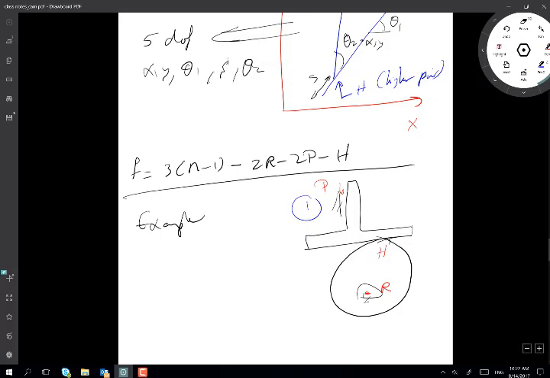I have 2 being the cam, I have 3 being the follower. So n is equal to 3, prismatic is equal to 1, revolute is equal to 1, h is equal to 1. Correct? So my freedom then will be equal to